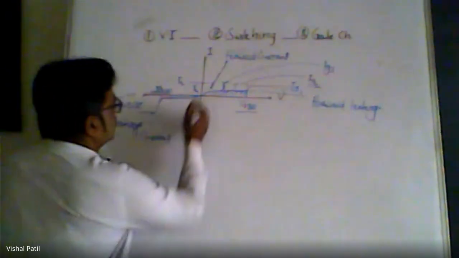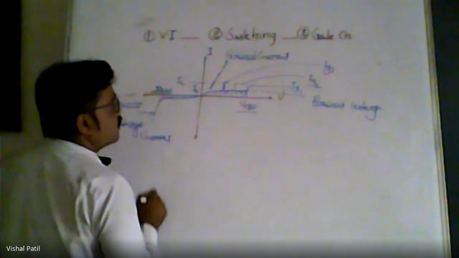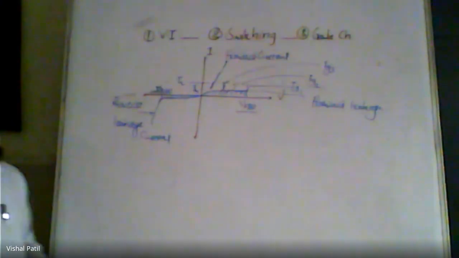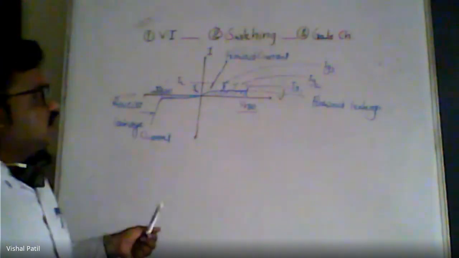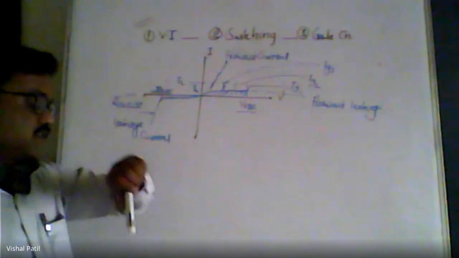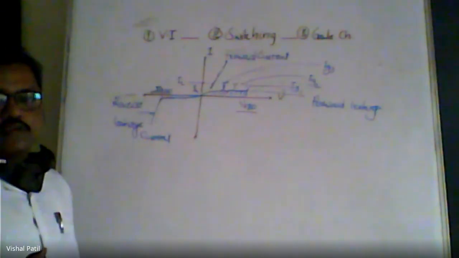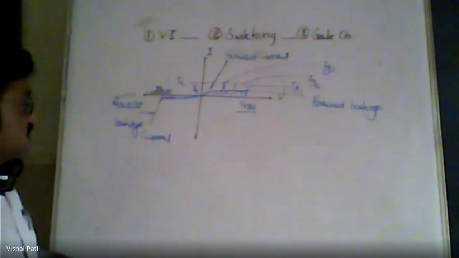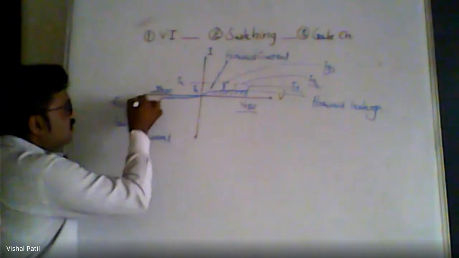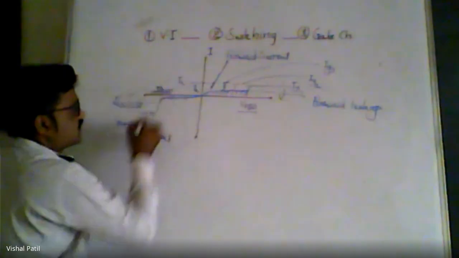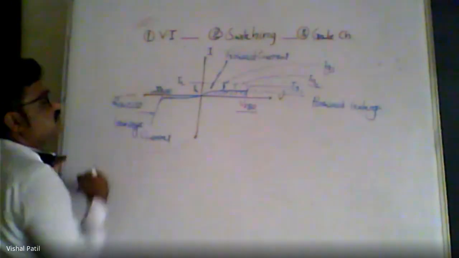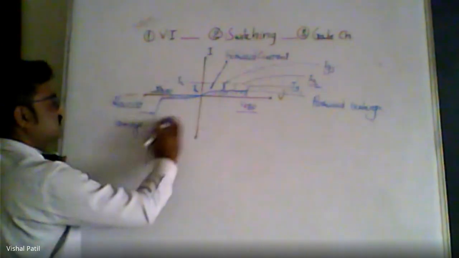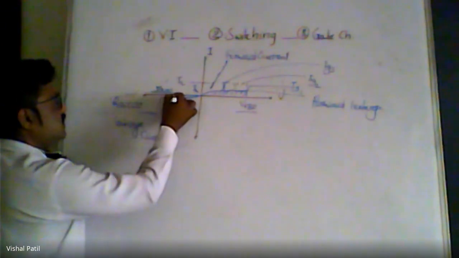Okay, now we have this holding current and latching current. What are these terminologies? Before that, as I mentioned, we have three different modes for thyristor operation: reverse blocking, forward blocking, and forward conduction. This part in the third quadrant, where we get reverse leakage current and the voltage we call reverse breakdown voltage. This particular region of operation,